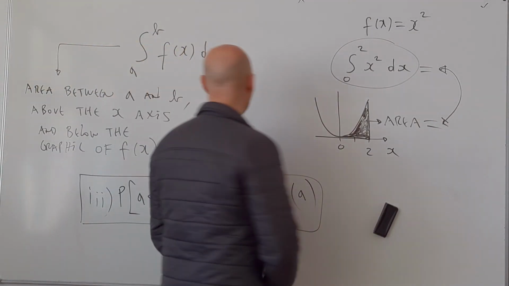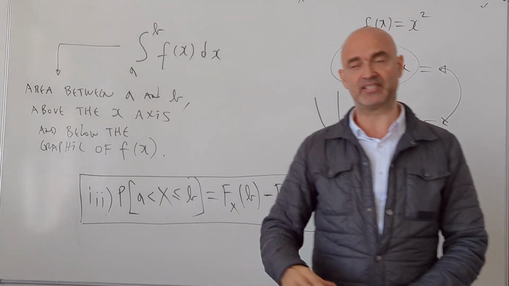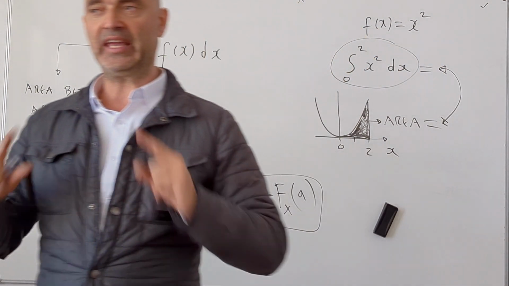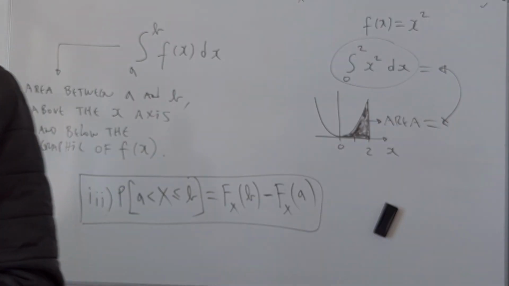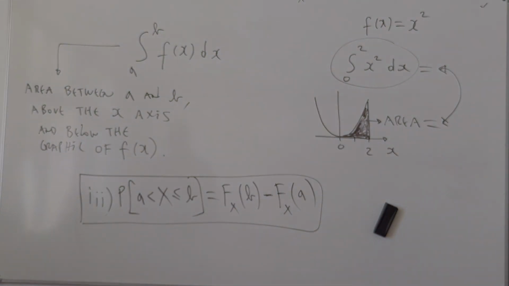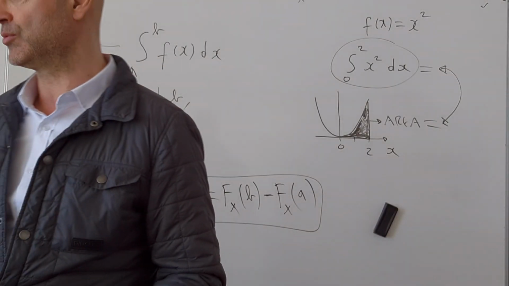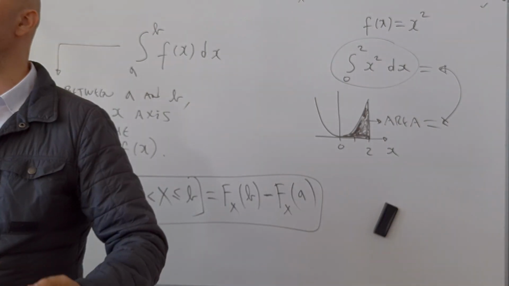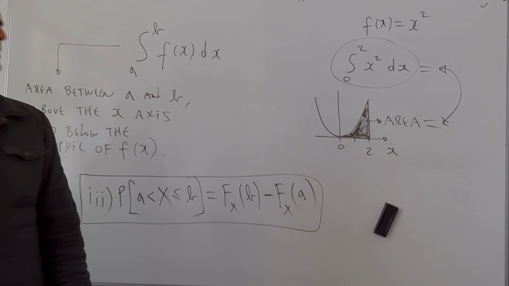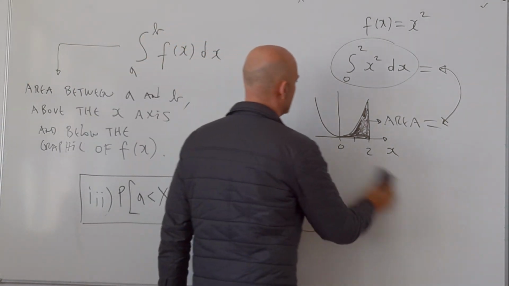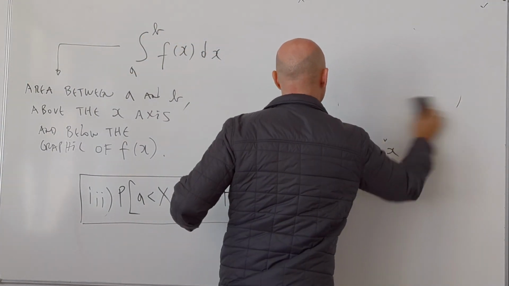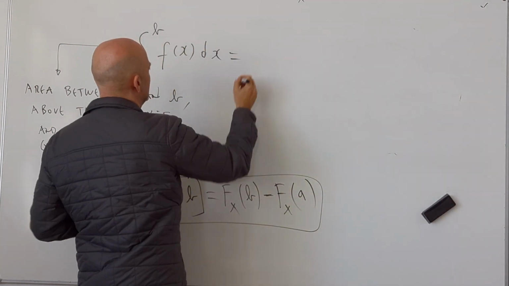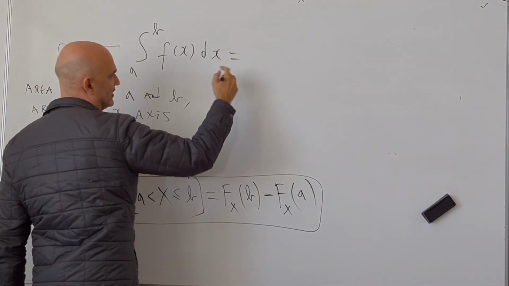But now, how have you done the calculation of integrals in the first semester? How have you done that? You used the fundamental rule of integral calculus. And with the fundamental rule of integral calculus, we need to use the primitive. But what is the primitive? Because to calculate this integral, we will use the primitive of f, that we call big F,